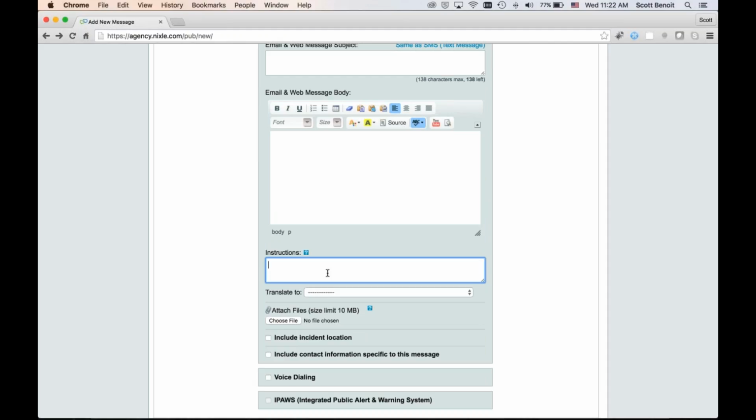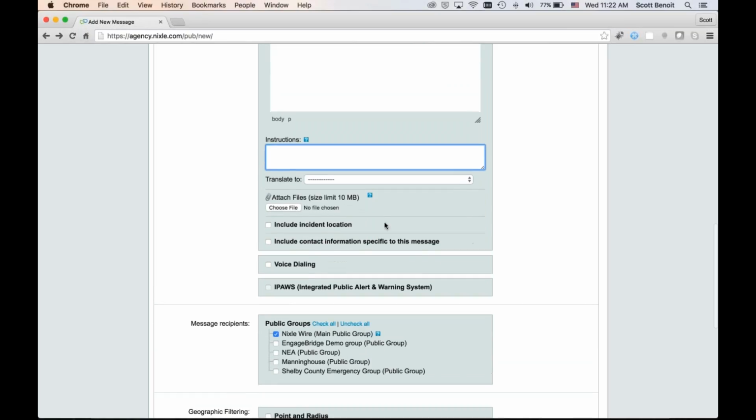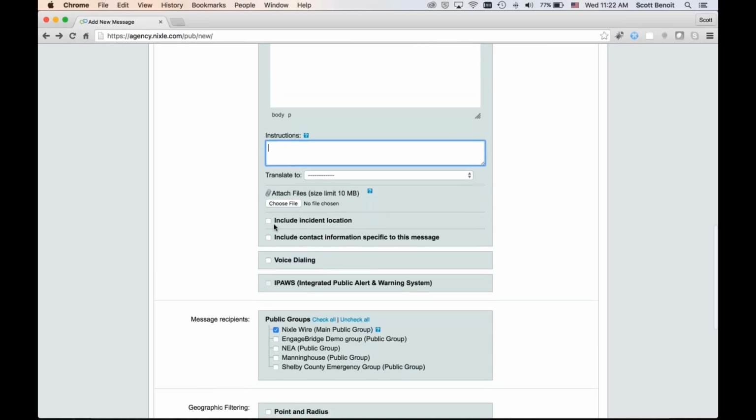Should they seek shelter? Should they call a phone number? What is it that you want them to do upon receiving this message? So this is a required field as well. Now you'll notice there are other options here. These are